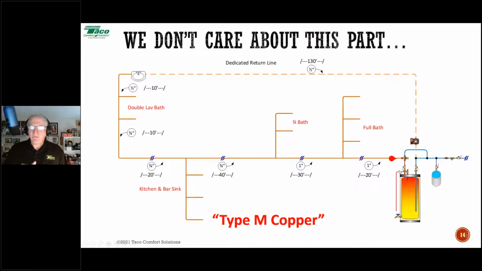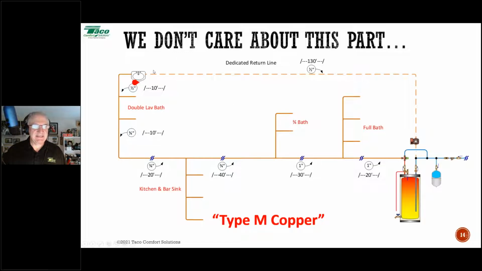All right. Now, when we are doing our design, and this is for a dedicated return line, the design is so much easier when we're talking about a crossover valve under a vanity, like the hot link valve. The math is so much easier, as we'll show you. But this, we just have to do a little bit more math to understand what's going on. With a dedicated return line, here's the part: we don't care about flow rate through the supply. So all that piping all the way to that final fixture, couldn't care less. We don't care about the flow rate through that. That's the maximum design, okay? That's already been taken care of. The only part we do care about